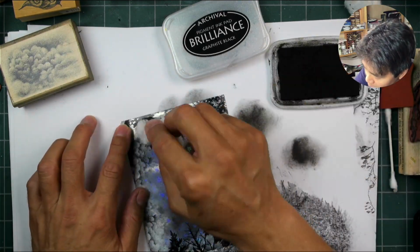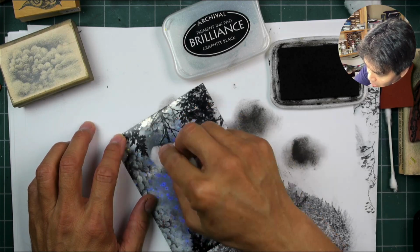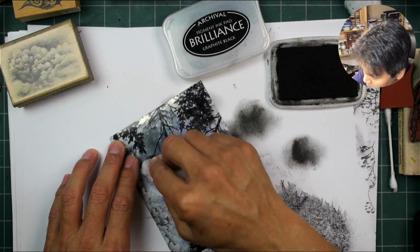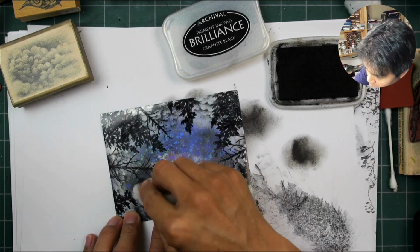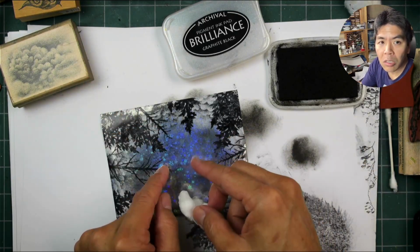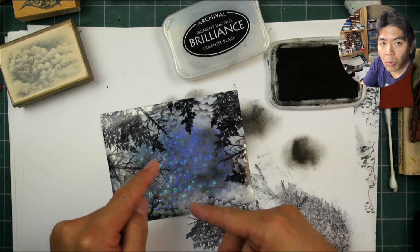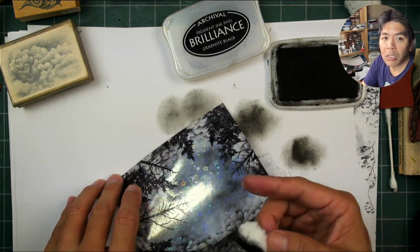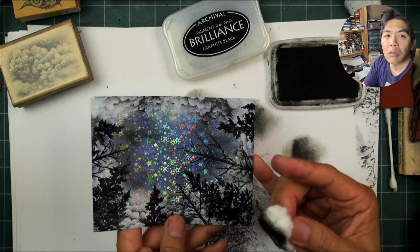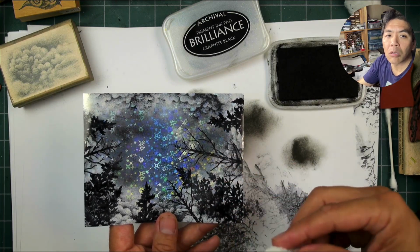For me, there's a pattern to these stars, okay? And if the pattern was a little bit larger, I'd like it a little bit more, but it was a little bit too contained. The pattern started like here, and then it repeated right here. If it was repeating like over here, where it wasn't so symmetrical, I'd like it a little bit more. So that's why I'm muting it like this a little bit. See, this mutes that off a little bit. So see, it's already looking a little bit more